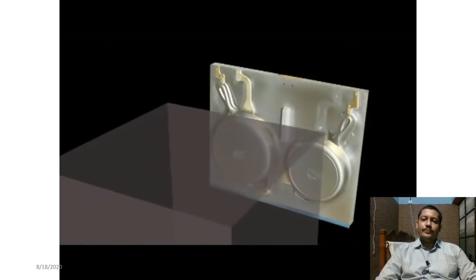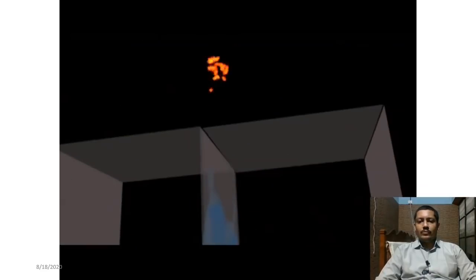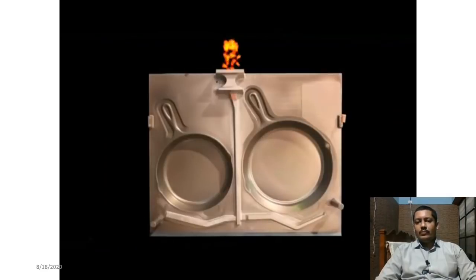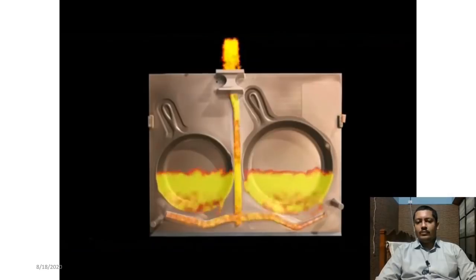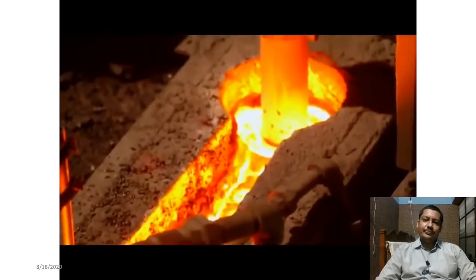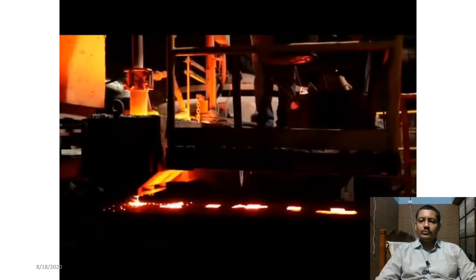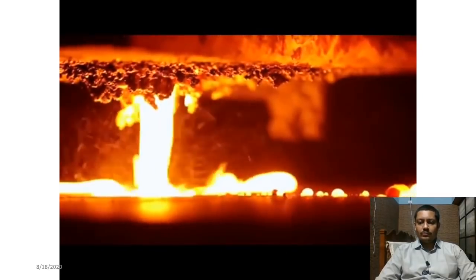Compressed air forces moist sand into a pattern that is squeezed at 700 to 1,000 pounds per square inch to form the exact contour of our skillet. Exact reverse impressions of both sides of the pan are formed in the cavity in the sand. Molten iron fills the cavity, creating your skillet. In pouring our molds, the liquid metal must be between 2,480 and 2,520 degrees. This temperature produces the best finish for the castings.